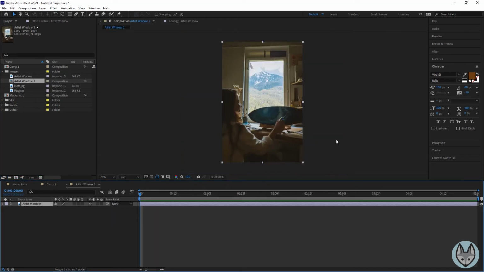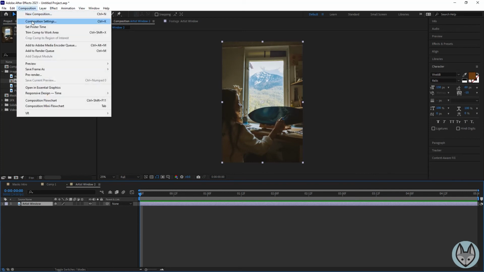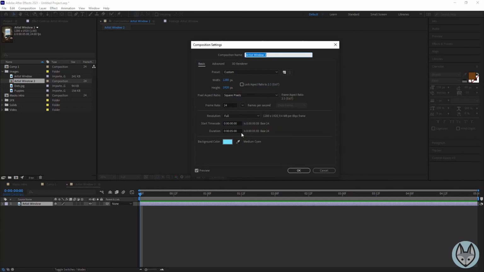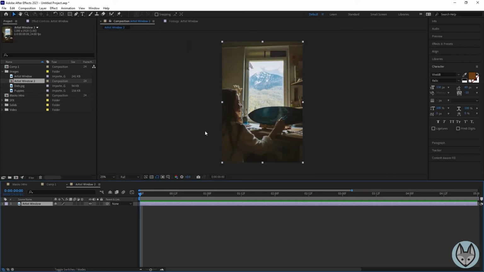So as that's here, we've got our artist window. Mine is at 5 seconds. That's where I was last time. But if you need to change that a little longer, remember you can always come up to composition settings and change your time. So if we wanted that to be 8 seconds, 8.0, hit OK. So what we want to do, let's go ahead and cut out this window, and we'll put these